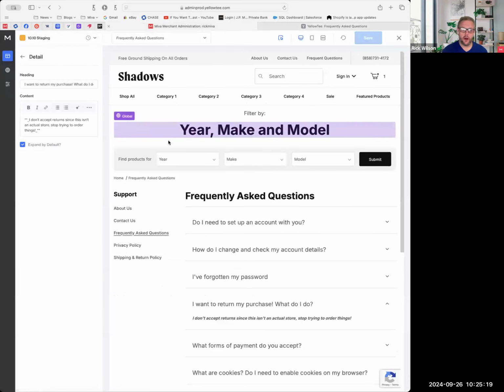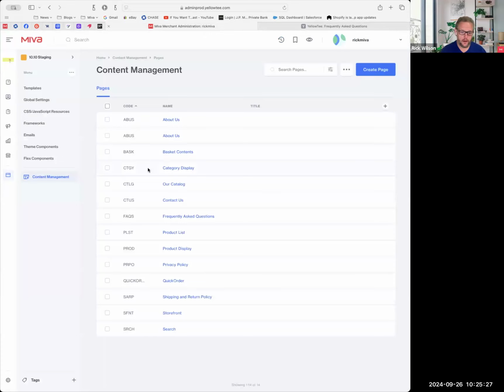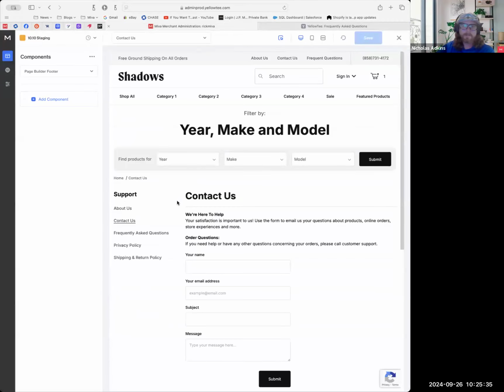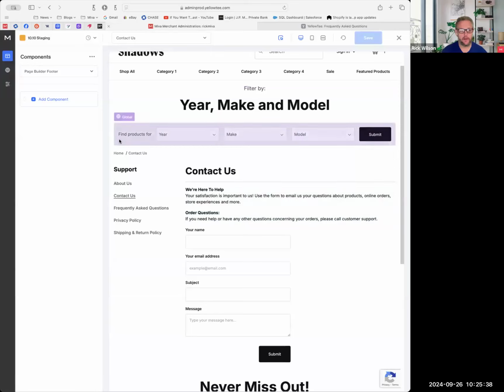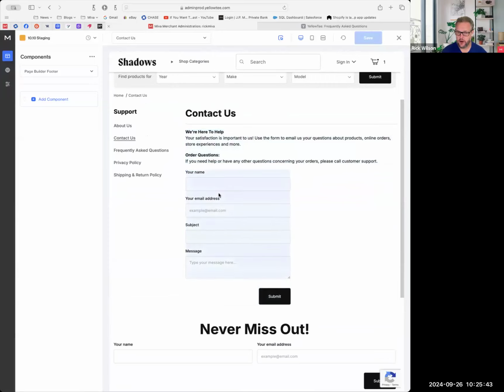So contact form I addressed a little bit, but let's go back here. And let's say, did we already natively add one on the contact us page, Nick? Correct. So the contact us page is now using our native contact form. So this is a great place to start. And Nick, you answered the question about adding reCAPTCHA here to make sure it's not spammed. Correct. There's a link in the chat. Okay, awesome. So there's a link in the chat here, but you can customize this any which way you want, up to and including